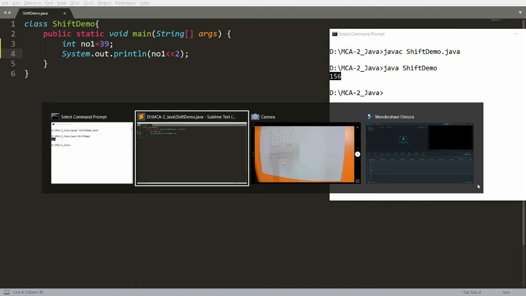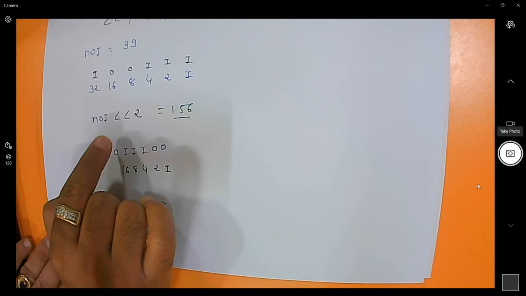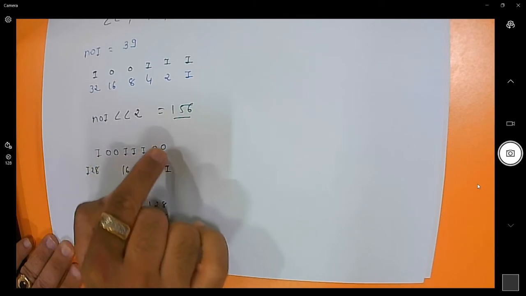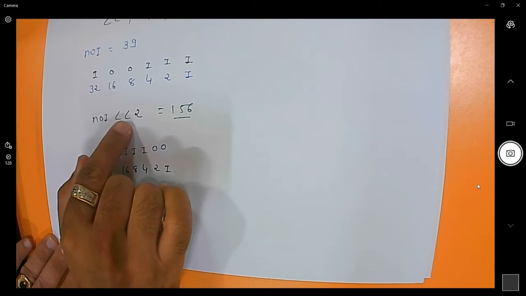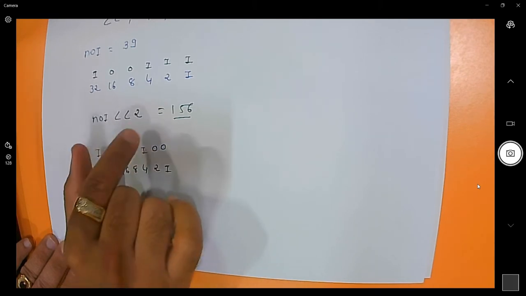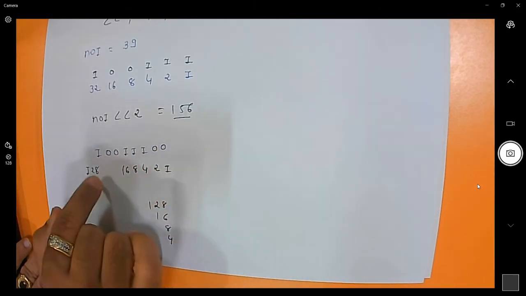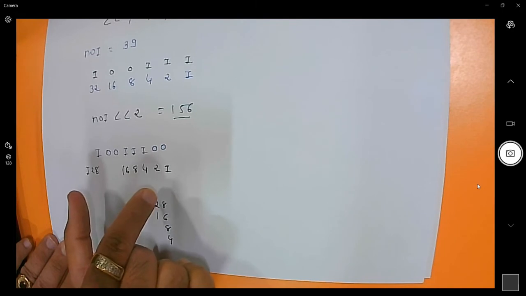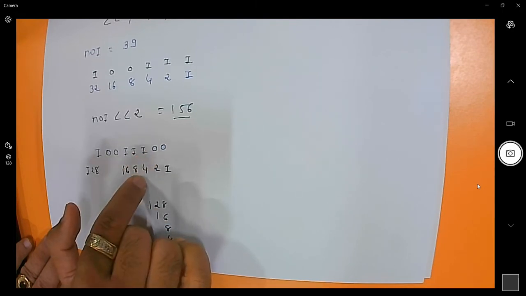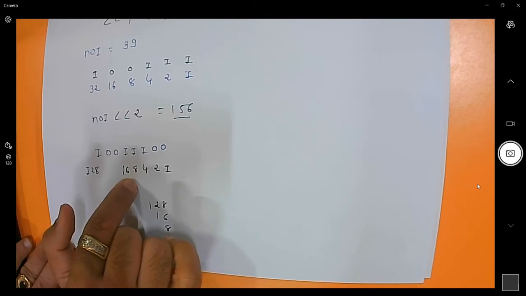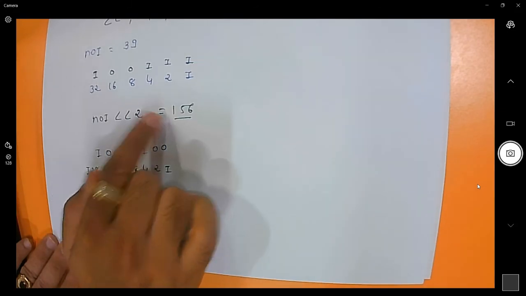It means what I did was very simple. If you want to shift 2, then you just need to add 2 digits, that is 00, at the end. If you want to shift 1, then add 0 at the end. If you want to shift 3, then add 000 at the end, and then calculate the binary to decimal using the powers of 2. In short, whenever you find 1, just count it: 4 plus 8 is 12, plus 16 it will be 28, and 28 plus 128 is 156.